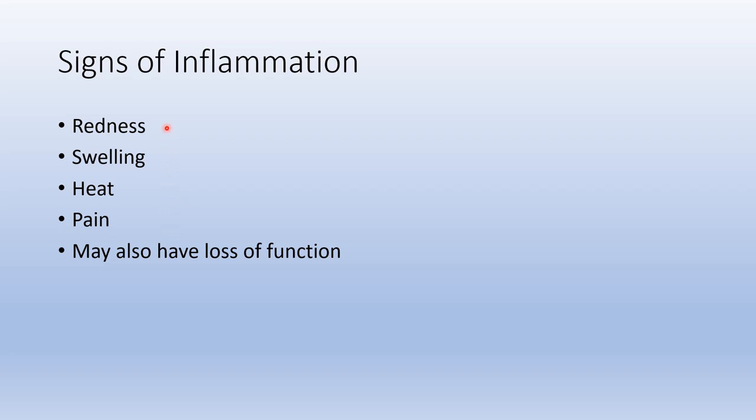Inflammation, when you have an injury, you're going to increase the blood flow. It's going to trigger the blood vessels to dilate in that area near the injured site. So you increase blood flow, that's going to cause the redness. That's also going to cause the heat because blood carries heat with it. You have this increased blood flow and increased permeability of the blood capillaries, blood vessels, where more of the fluid can kind of leak out because you're trying to get the